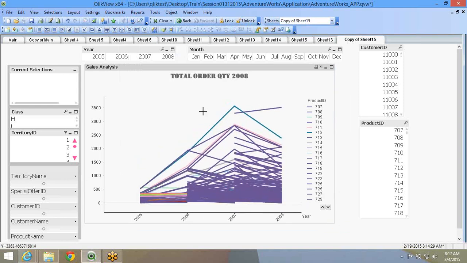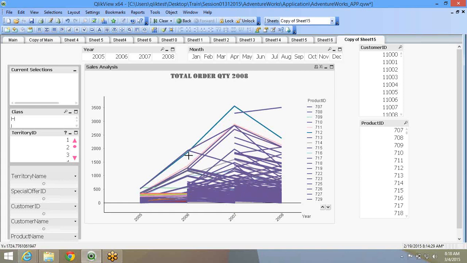Now there are places that you might use a bar chart where you have one expression or where you just want to show the actual value. Places where you have to show a trend, a dip or an increase in trend, you generally use line charts. This is showing the trend for all the product IDs over 4 years.